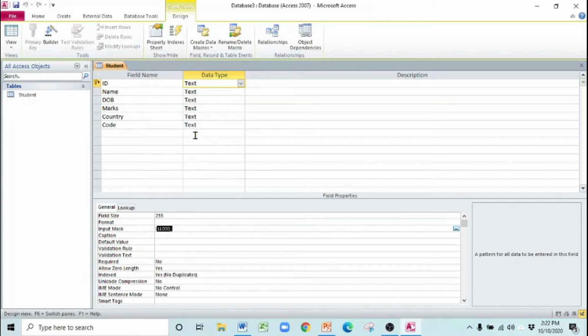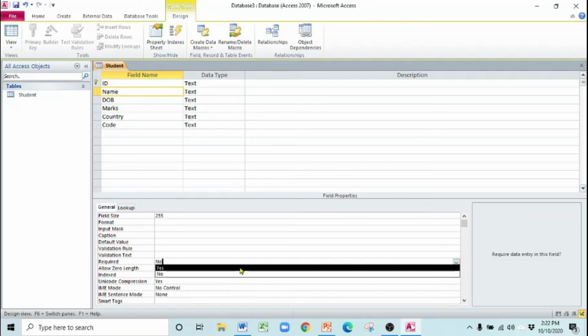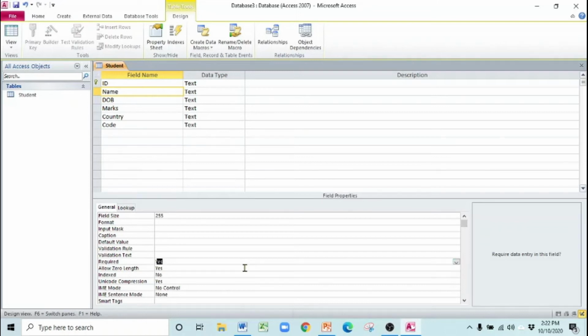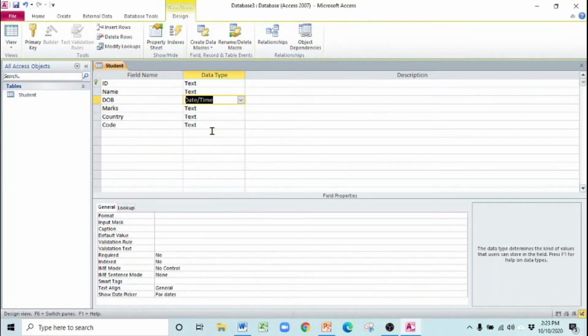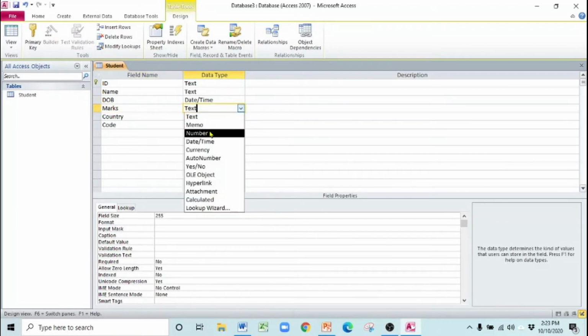So we have applied format check on ID. Next, name. I can apply presence check, means you must enter the name, you cannot leave it blank. So how can you apply the presence check? Look here, this is written required. Click over here and just make it yes, means this field is required, you must enter your name. I have applied presence check over here now. Next is date of birth. So you can apply type check over here, just select from here type, date and time.